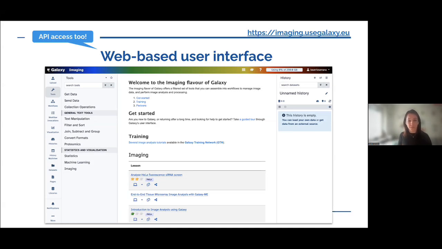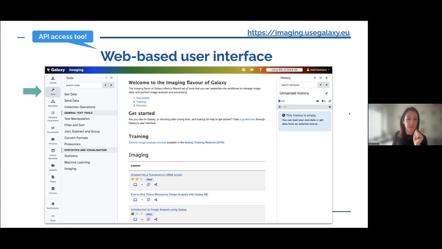So this is important because it's still the same infrastructure as the European Galaxy server. That's where we are doing this. So the URL is imaging.usegalaxy.eu. It is the same computational resources, the same quota, the same memory that you have available. You have the same resources behind. It's just that the front end has a tools filter, because in this app store there are now like 10,000 tools. There's no point in having all of them there. So we just filter and keep the ones that are relevant for the imaging community. So that's why you will see this.